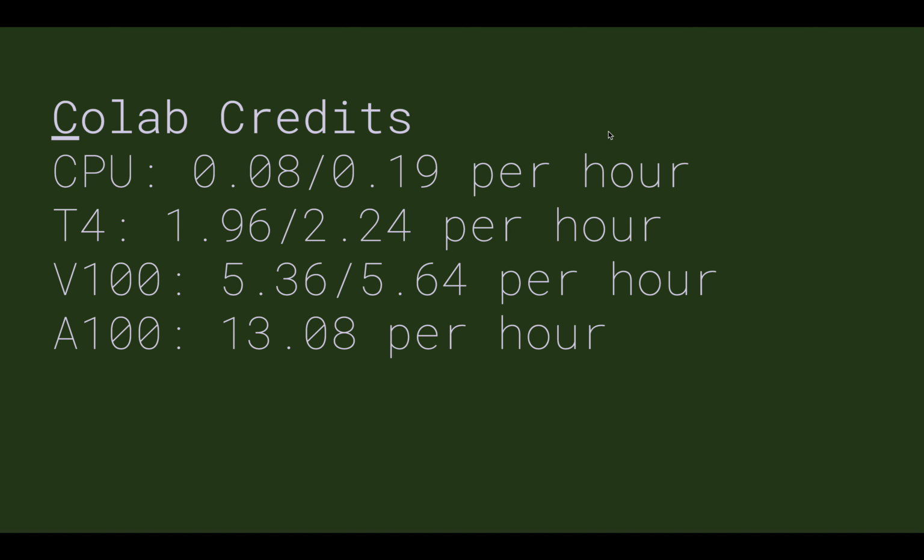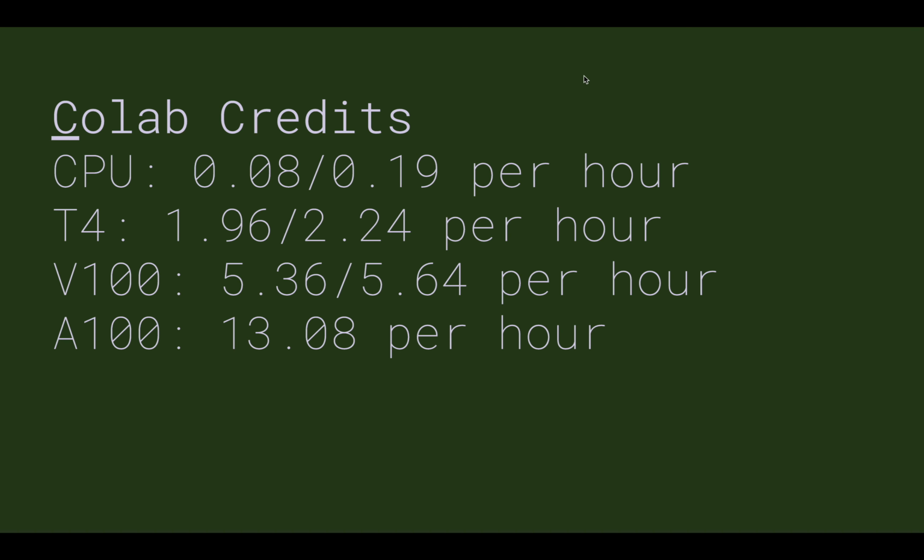So credits. This gets very complicated depending on what GPU you're using, what CPU you're using, whether you're using high RAM, low RAM, whatever. Mostly what we're probably going to use within this class is the CPU, which is what we use when we don't use a GPU at all. And then I think we can mostly get away with TPU and V100s. I don't think for anything we're doing in this class we need an A100. If you really must have stuff done quickly, maybe an A100 is worth it.